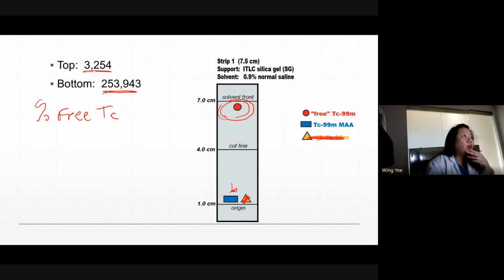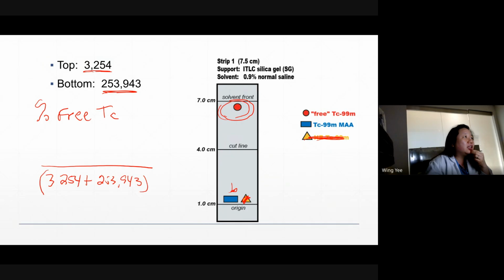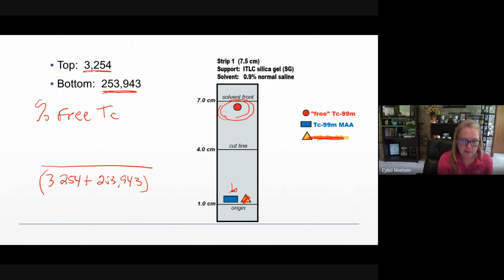We have the total on the bottom, the top and bottom. And what goes on the top? The top will go on the top. Exactly, because the top is the free tech. And whatever I want to know the percentage of goes in the top. All right, when you times that by 100,